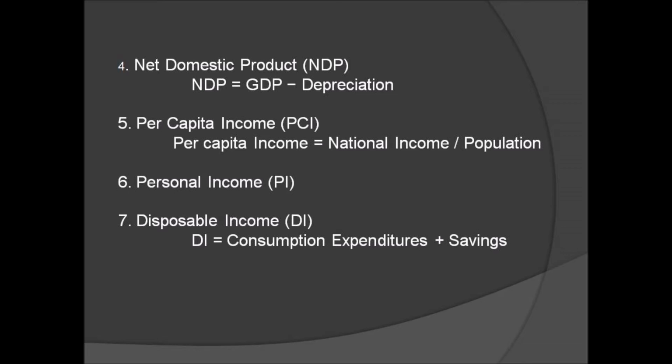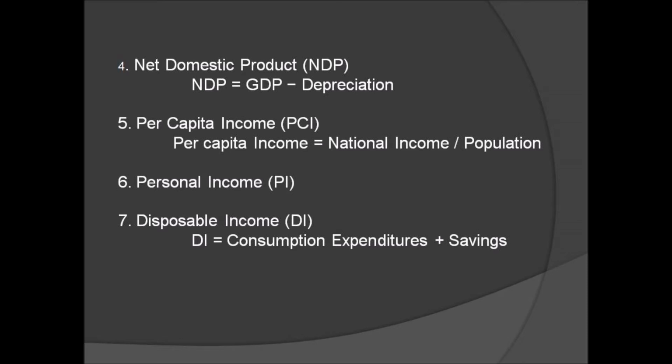Sixth one is personal income. Personal income is the total money income received by individuals and households of a country from all possible sources before direct taxes. That is, personal income refers to an individual's total earnings from wages, investment, enterprises, and other ventures. Example, rent derived from property or profit sharing from businesses, etc. Therefore, it is the sum of all income received by individuals during a given period.